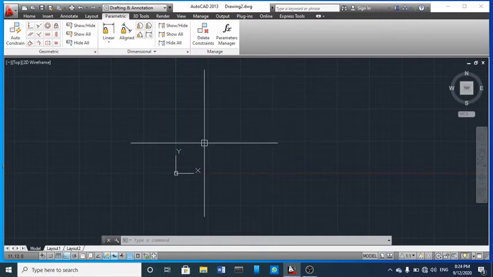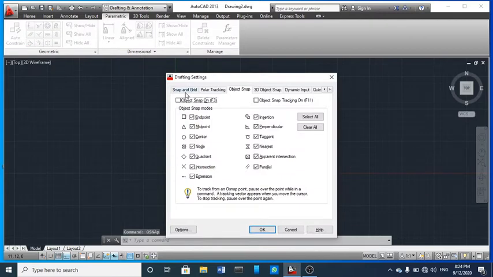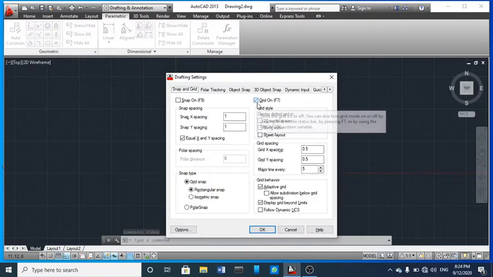So if you want to use grid, then you can choose F7, and you can give the spacing here through X and Y axis, as you have already given for the snap on F9. The same you have to put here for the X spacing and Y spacing, and this is the major line every.